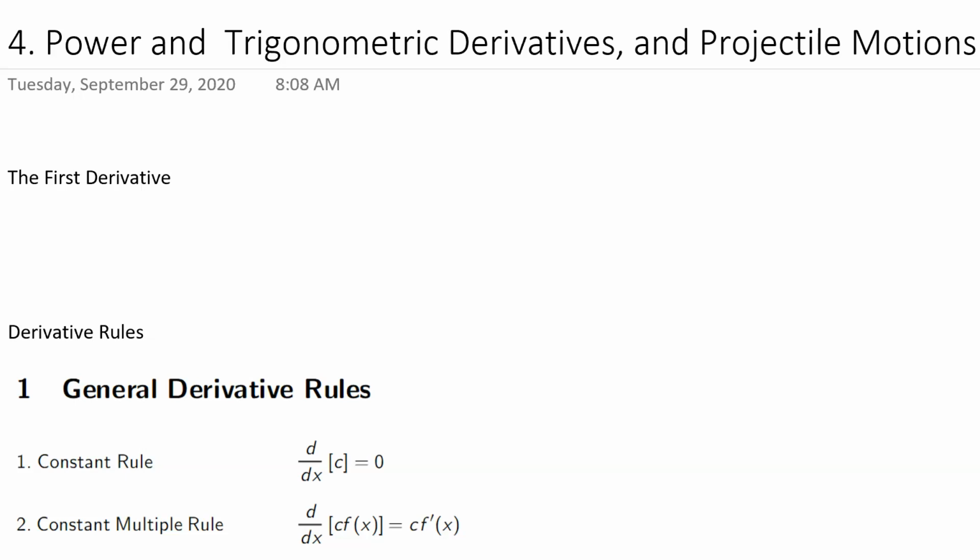So today we're going to look at the power rule and trigonometric derivative rules, as well as projectile motion problems. This document includes all of our rules. We're going to get to the exponential, inverse trigonometric and logarithmic rules later on, as well as the product and quotient rule. So today is really just putting our foot in the water. Remember, the first derivative is going to be the instantaneous rate of change,